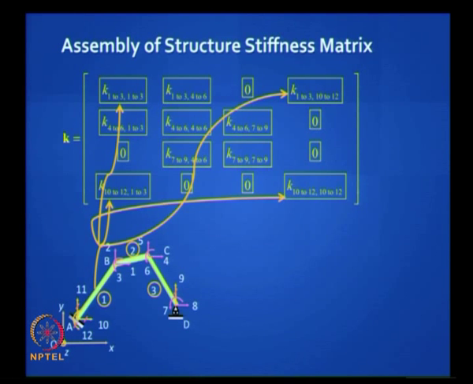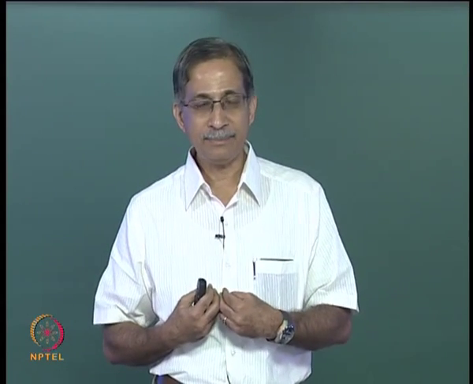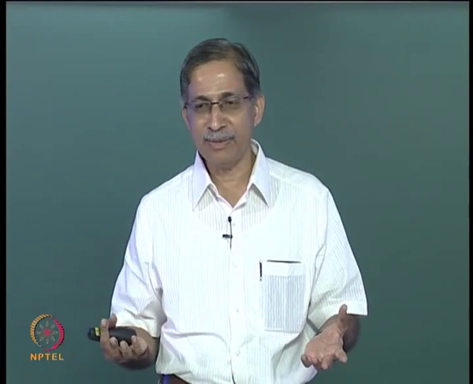So all you have to do is to pick up the appropriate boxes and put them into the slots as shown here. Does this make sense? It fills up only those 4 slots. The contribution of element 1 is only to these 4 slots, 3 by 3 slots, and it's direct contribution. You just have to shove it there. You don't have to play with it, you don't have to multiply with change sign, nothing, just put it there. Can you do it? That's all you have to do.